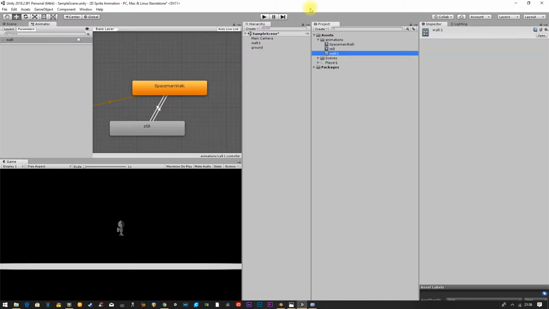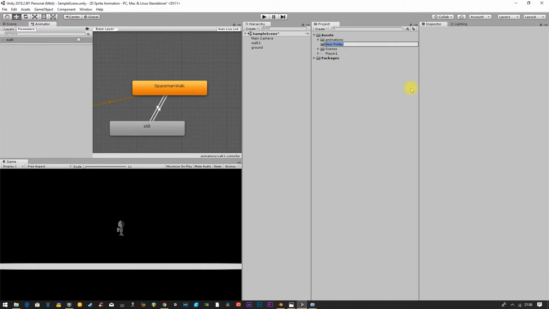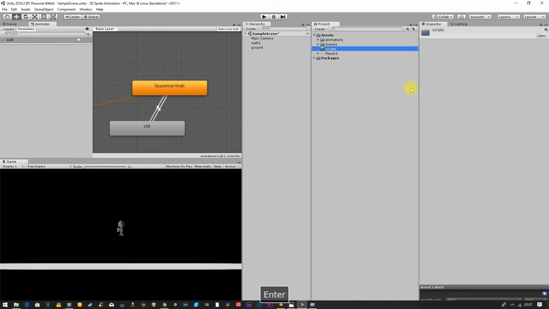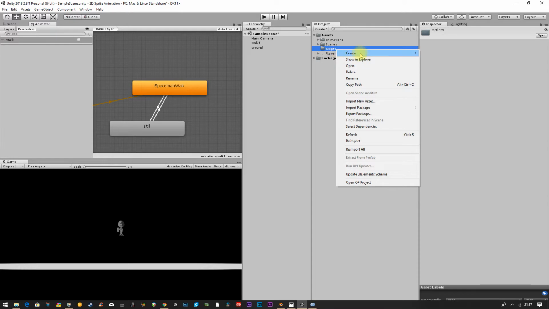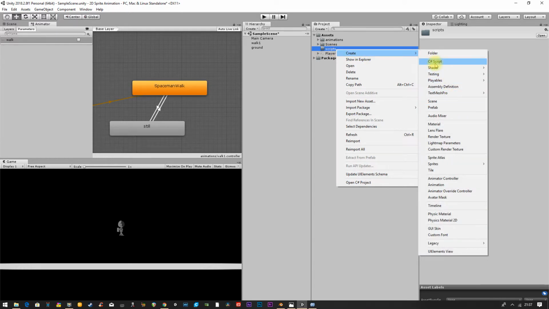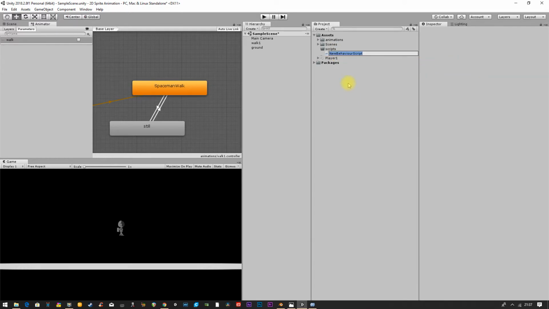So what we're going to do here is I'm going to right click and create a new folder, and I'm going to call this scripts. Okay, and then in my scripts folder I'm going to create a C# script, and I'm going to call this player control,